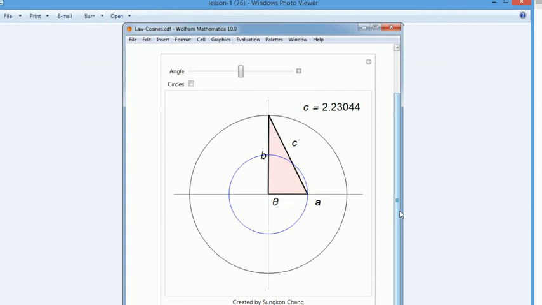Let me start with this triangle example. What you're looking at is a right triangle. Theta here indicates this angle, 90 degrees. The main theme of this algebra and trigonometry is that a geometry problem is embedded into the xy plane. We did that a couple of times. So we embed this right triangle such that the right angle goes to this side like this, and this side is overlapping